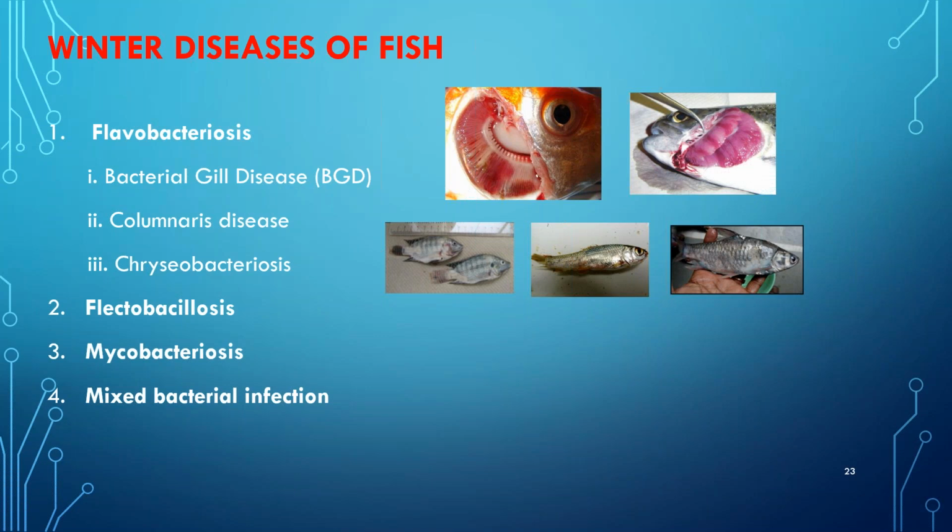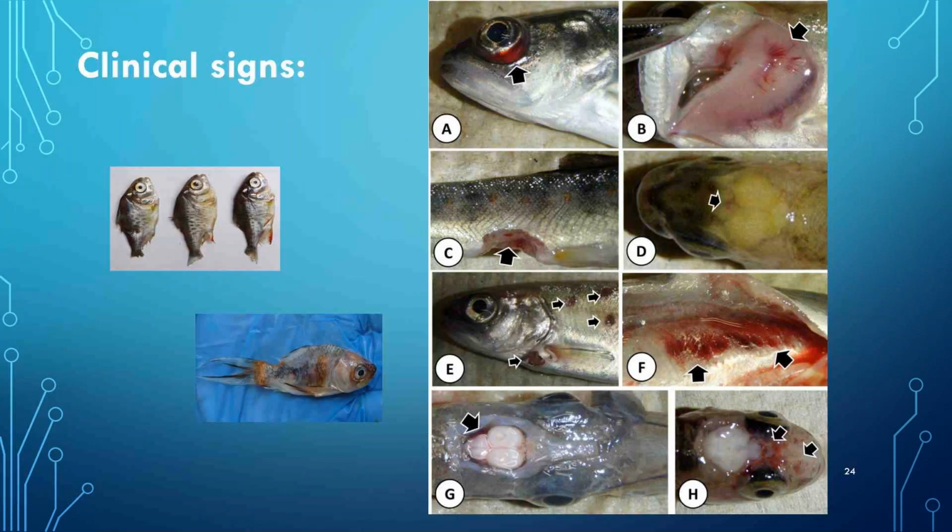skin peeling, emaciation, followed by inflamed kidneys. So these are the clinical signs I will be mentioning. These are the clinical signs commonly observed. The first one we can say is unilateral exophthalmia and periocular hemorrhage, that is the arrow one, then pallor and multifocal hemorrhage, then a deep hemorrhagic ulceration in the ventral musculature, followed by, in D1, that